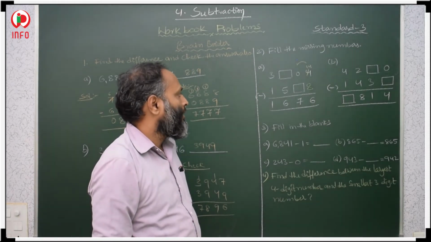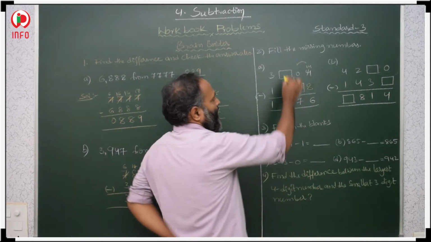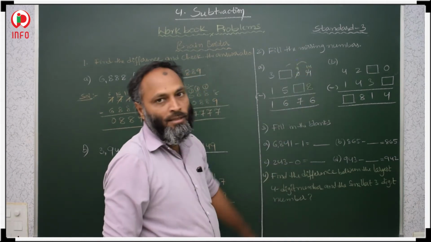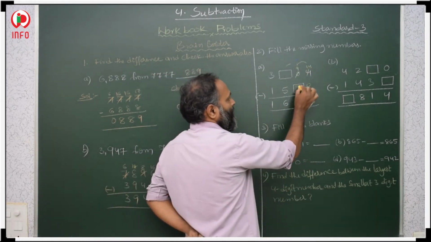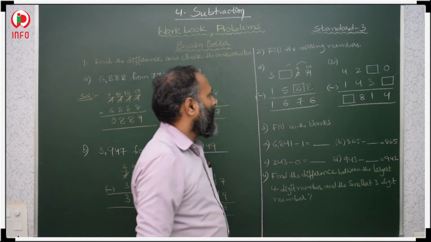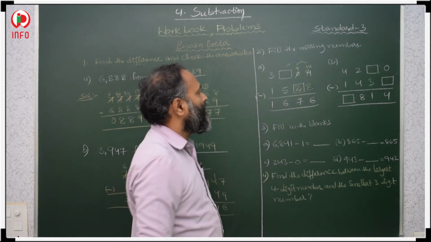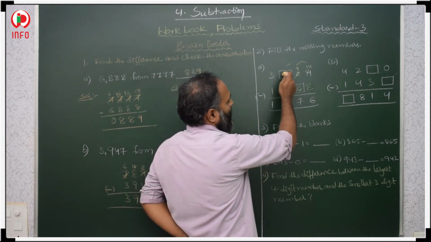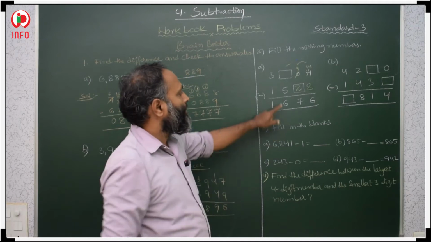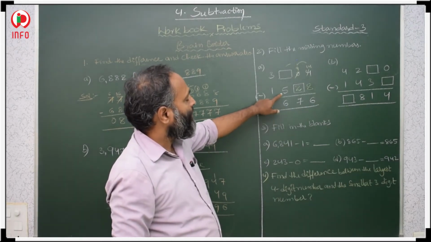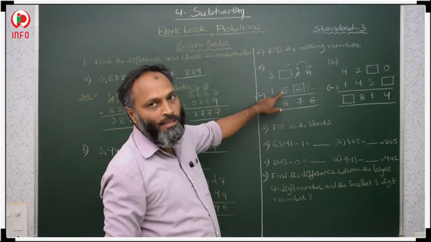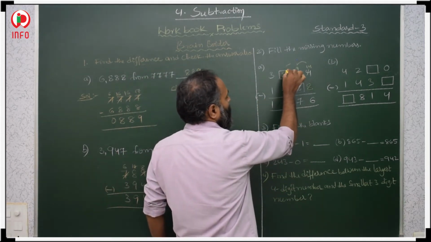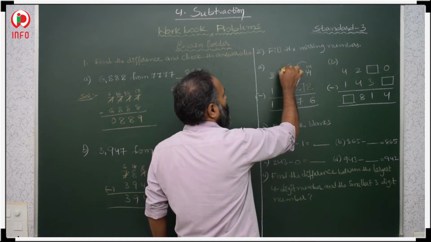Now it is correct. Here 0 is there, so we have to take power from here. Here we will get 9. 9 minus what makes 7? 9 minus 2 makes 7. And here what makes 6? This is less, so what do we have to take here? Add these two, 6 plus 5. This is 11. 11 means we have to take here 2.